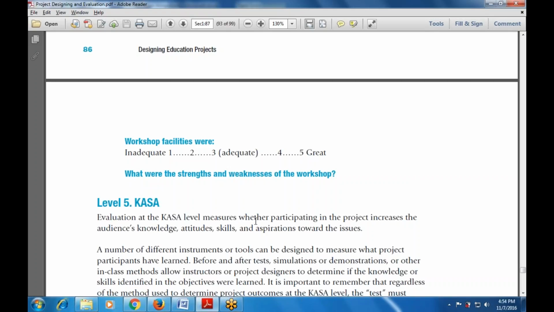It is also important to remember that regardless of the method used to determine the project outcome at the KASA level, the test must be determined on the